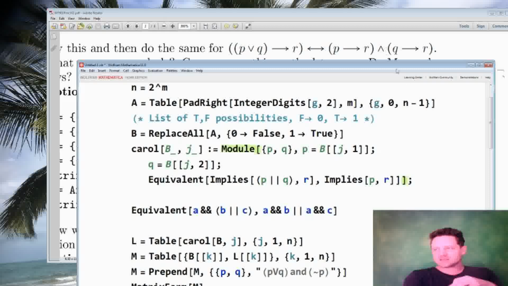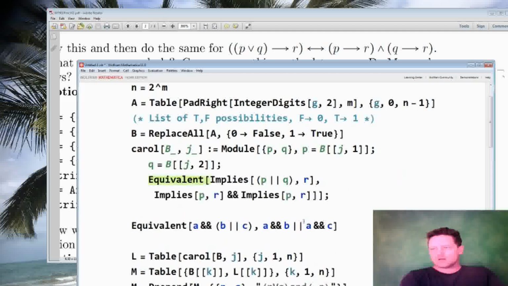I still need this one. Q implies R. So Control C. And then and. Control V. Right, but I want this to be Q implies R. Alright, so notice that the P and the Q is green in color, but the R is blue in color. That is telling me that R is not being viewed as a local variable in this case, so I need to include comma R in my